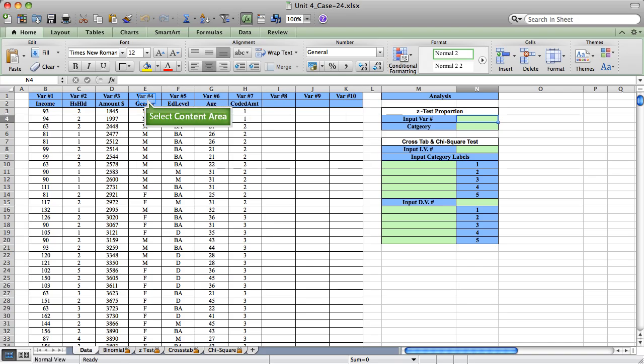Using the Unit 4 Case Excel tool, we're going to test variable for gender using a test value of 0.5. So here, our one sample z-test requires us to input a variable number, here 4, and to specify a success category. This is going to determine what I'm testing because it's going to determine my p hat. So the success category, F,